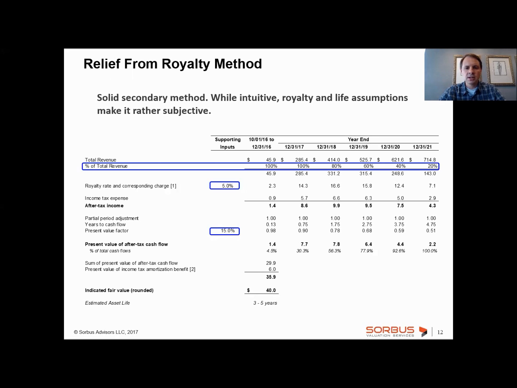For publicly traded companies, there is often a tendency to try to understate the value of the intangible assets because there will be less amortization in their earnings per share. And so that's one level of scrutiny that you would typically receive from the auditor if you're a publicly traded company.